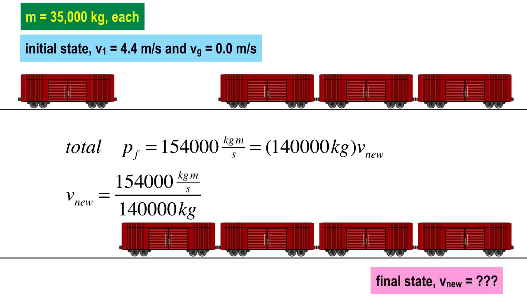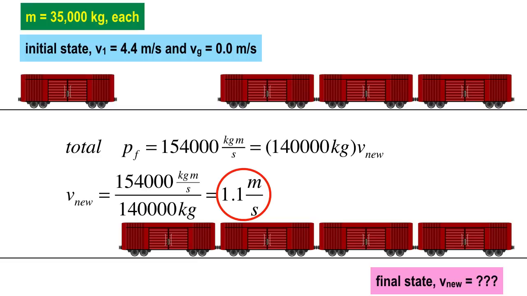And you know what? If you look at that, kilograms cancels from the bottom and from the top. But meters per second on top, no cancellation. But that's all right, because we have to try to keep meters per second, because what we're trying to figure out is a speed. So we're doing good. Now we just got to calculate. Anybody have a verification? 1.1. Anybody else verify that? 1.1? Okay.